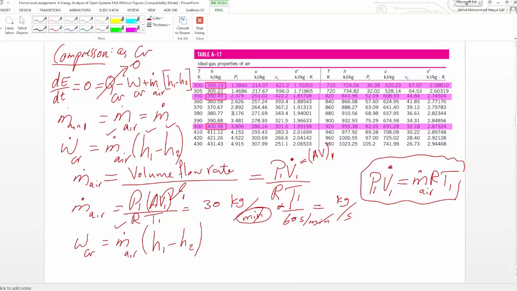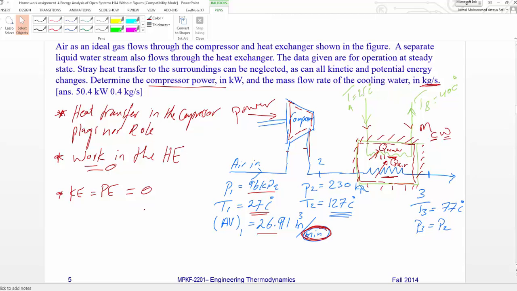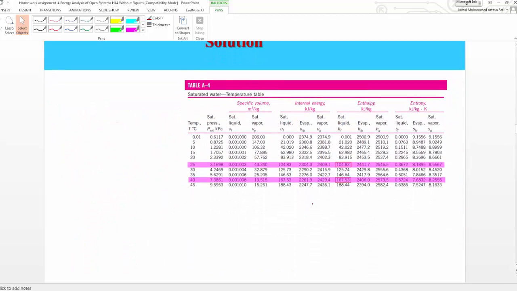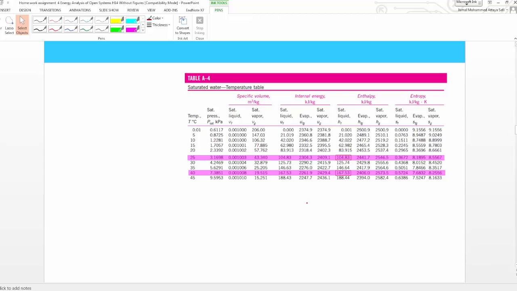We have T1 and T2, and if you convert this to Kelvin and go to the table, I can immediately come here. If you go to the table,